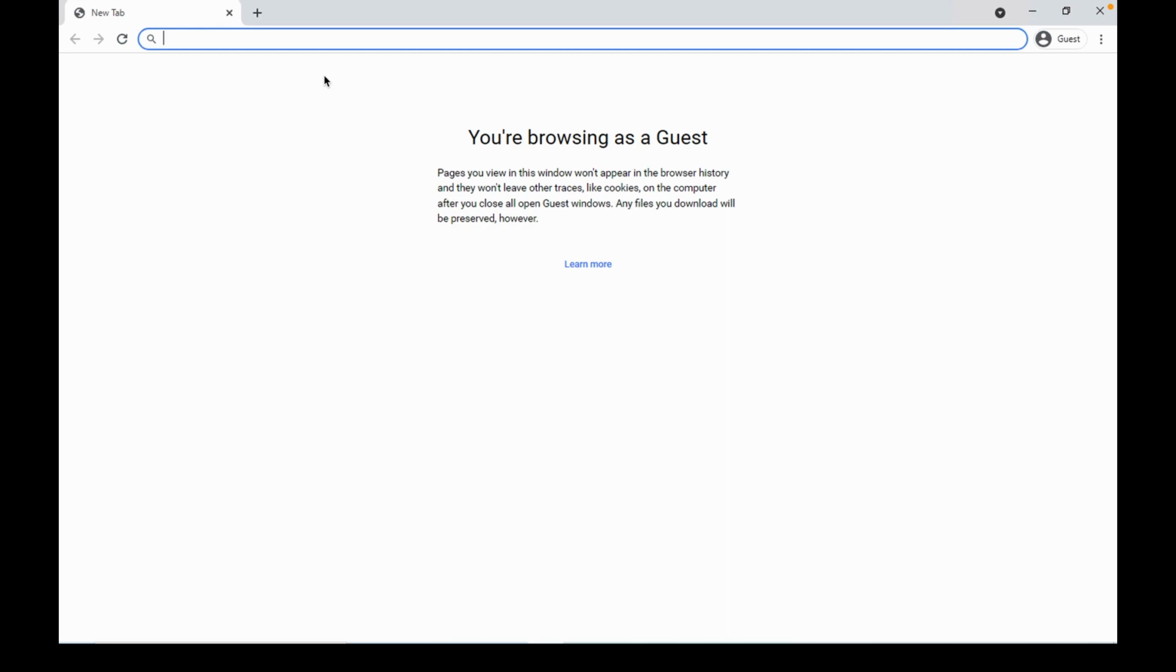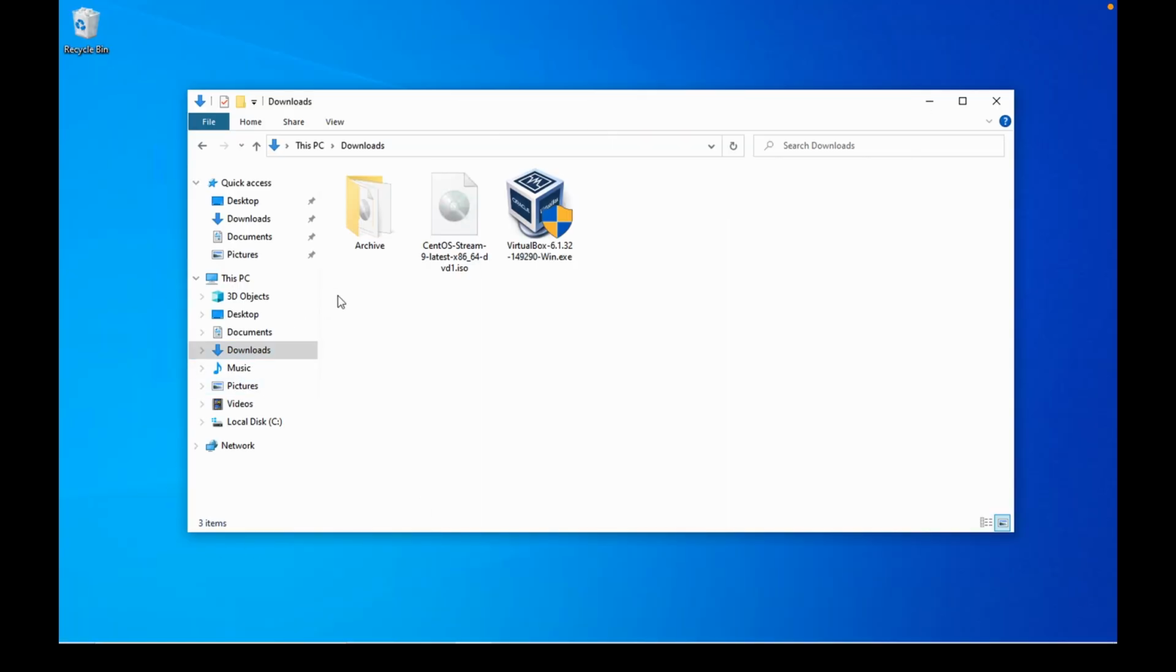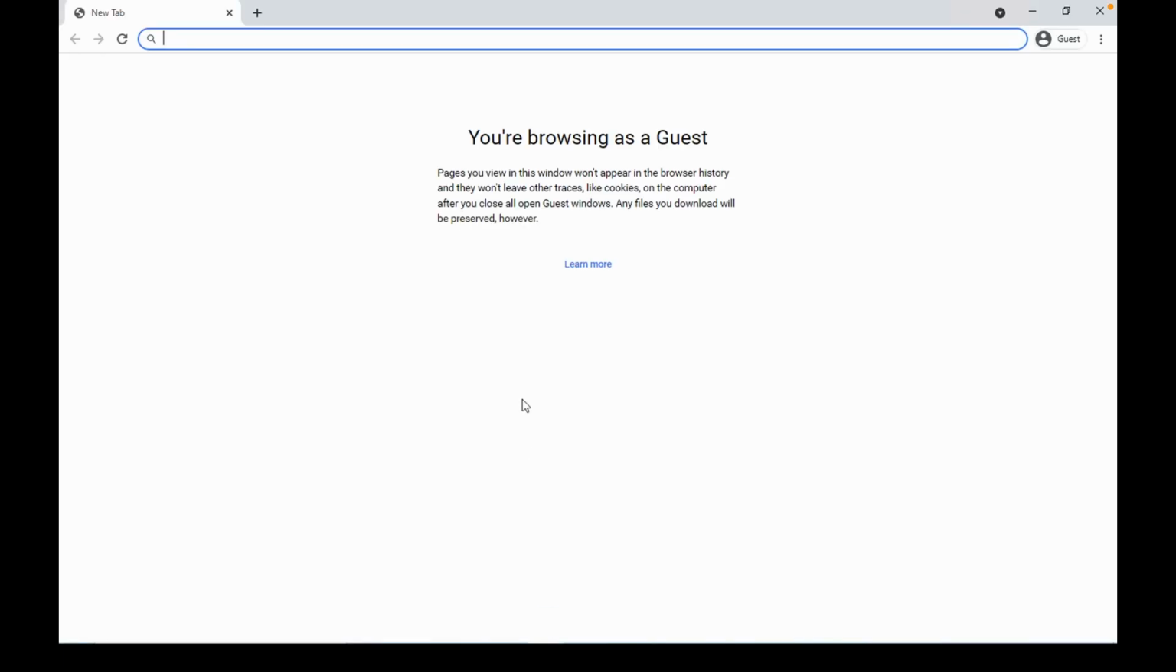So I'm going to talk to you about how you can install a CentOS Linux operating system into your Windows machine. We will be doing it using VirtualBox as one of the software, and then CentOS that you can download online. So when you need that, all you have to do is just go to your browser, search for